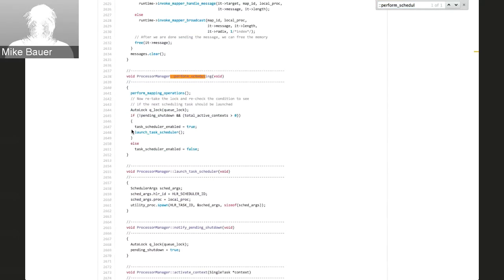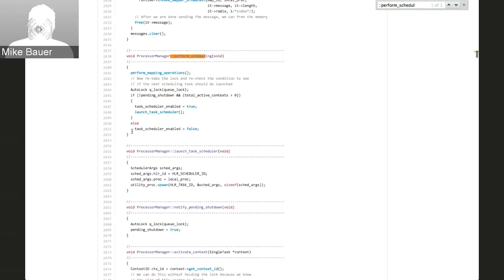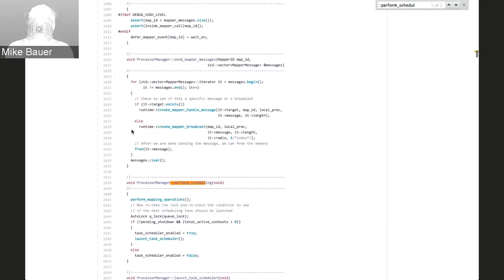And really, the mappers get to control how far we're mapping into the future by controlling when each context can be considered active or not. And as long as we have active contexts, we're going to keep trying to map those contexts into the future. Okay, let's actually unwind this stack a little bit. Let's jump back to where we actually invoke this scheduler. So if we come back here to add to ready queue,